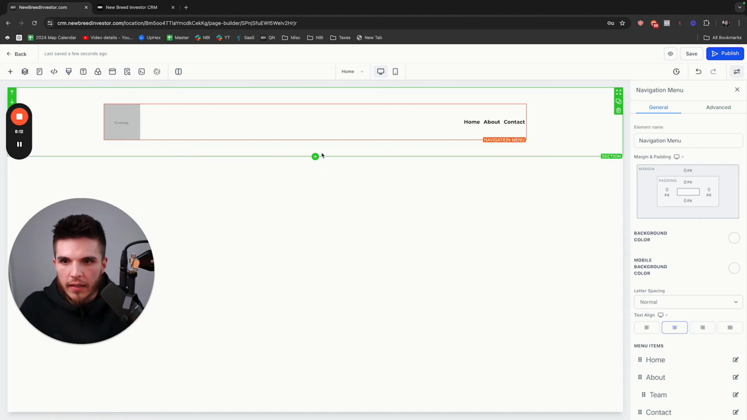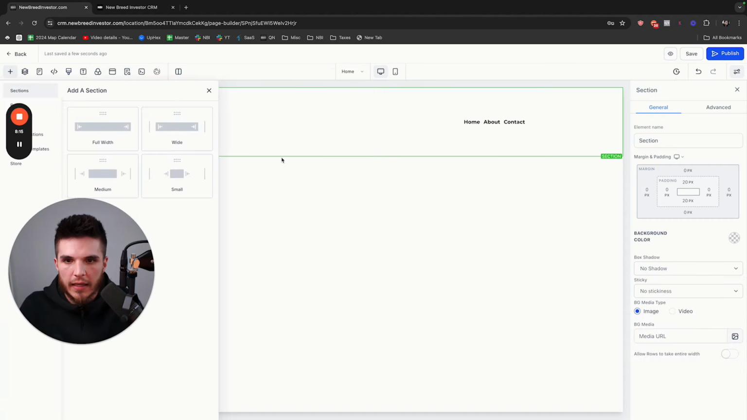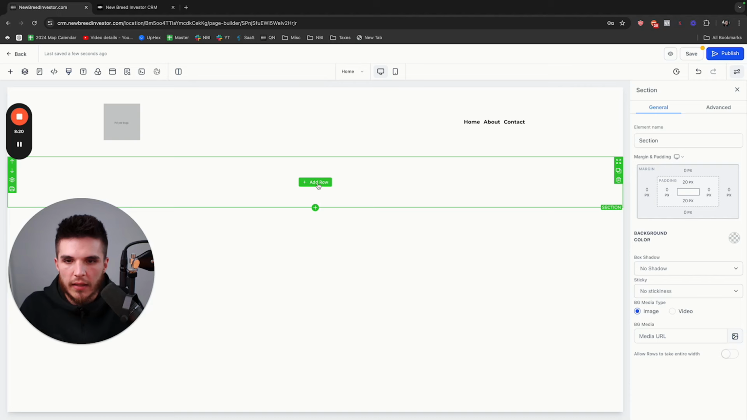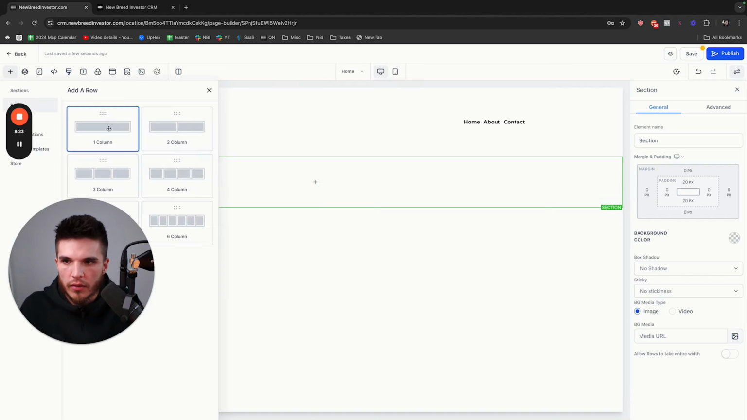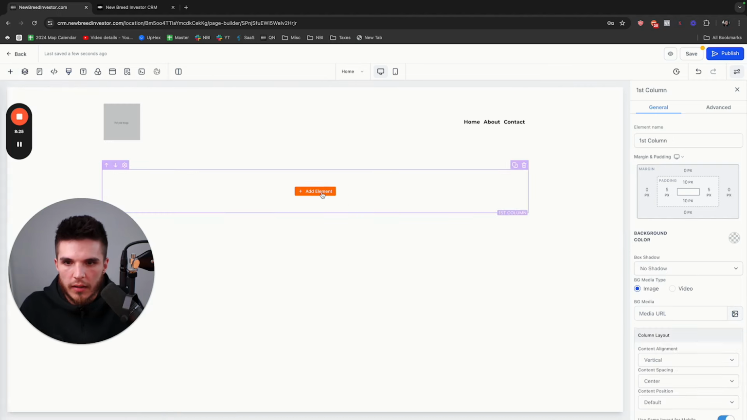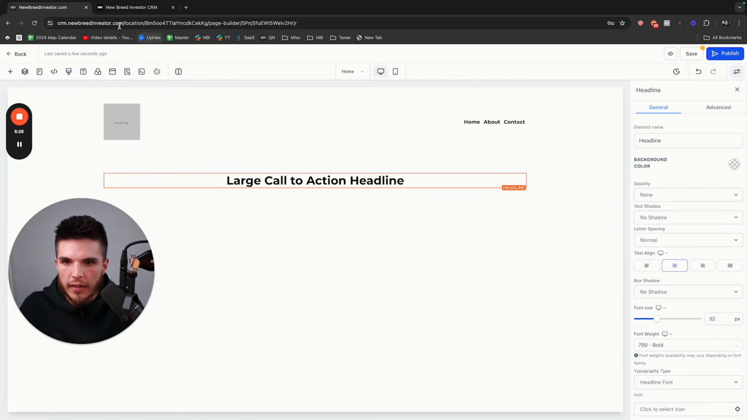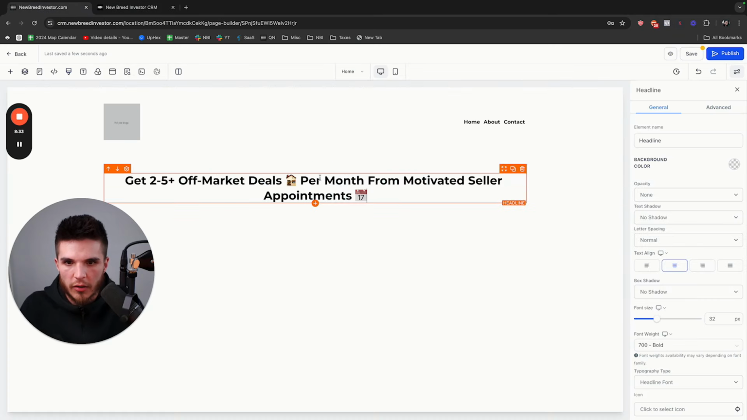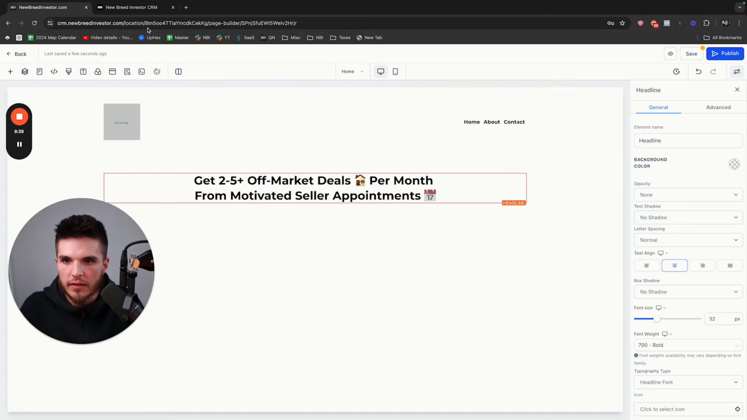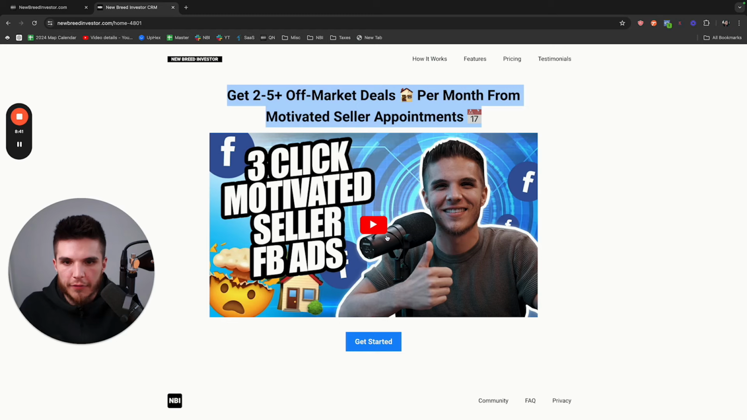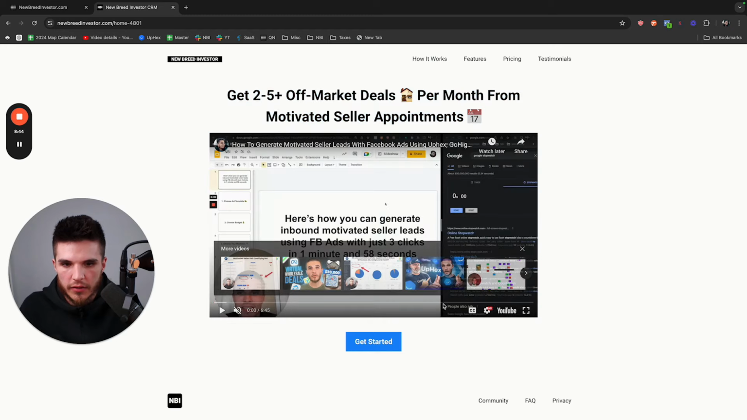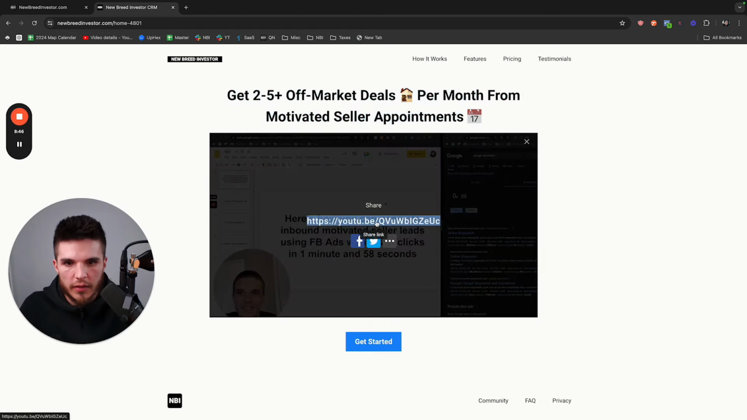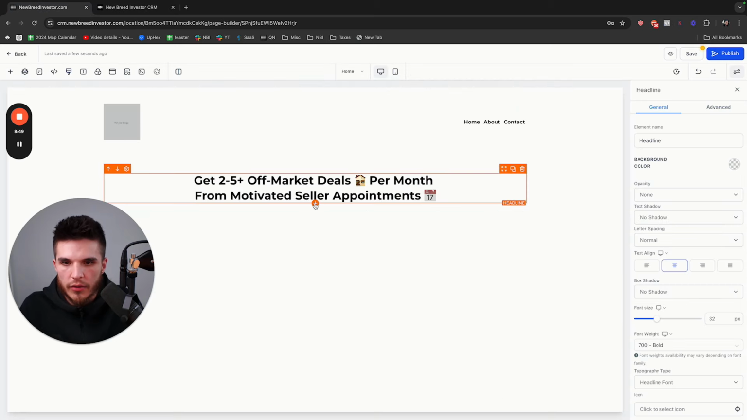And then what we're going to do is add a second section here, which is going to be the full width. And then we're going to click add row. We're going to do our headline here. And I'll just kind of copy this stuff just so we have some placeholders here. And we'll fix the sizing and spacing and stuff later. And then we have obviously a video here. So I can just copy this video and then do